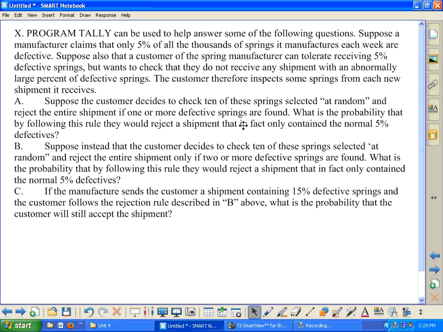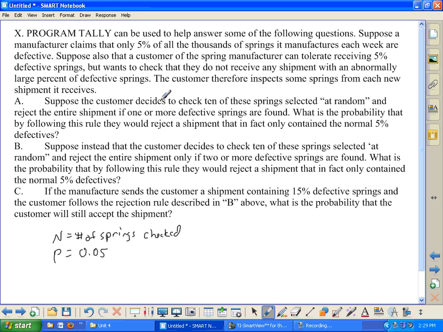The customer decides to check 10 of the springs. That's going to be like our N. So the customer checks N springs, the number of springs checked. The probability is whatever the true value of P is. So we're saying that, supposing the shipment was a good shipment of 5% or less, so 0.05,